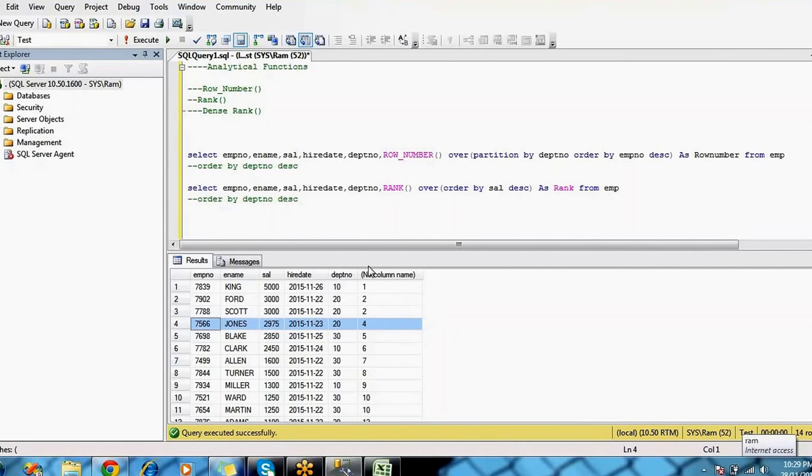Actually, this should be the third rank, because two people having similar salaries share the second rank. So how can you fill this gap? If you want to remove this kind of gap, you have to use the dense rank function.